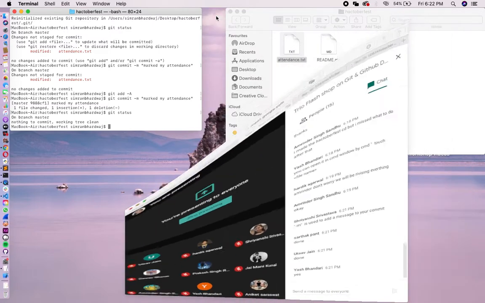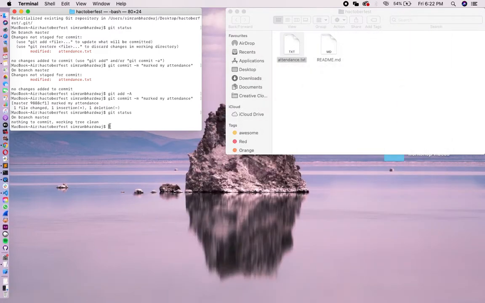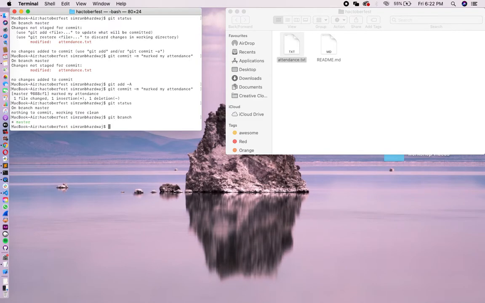Now let me introduce you to the concept of branches. Whenever you make any pull request, you should make it in another branch, other than your master branch. As you can see, by typing the command git branch, you can see that right now we are in our master branch because this is the default branch.